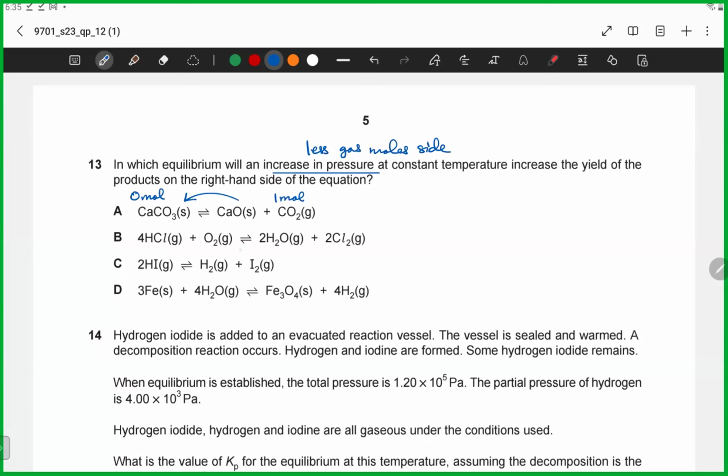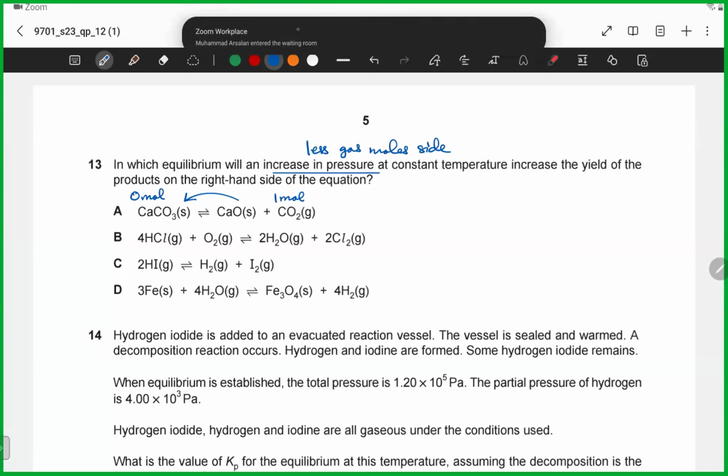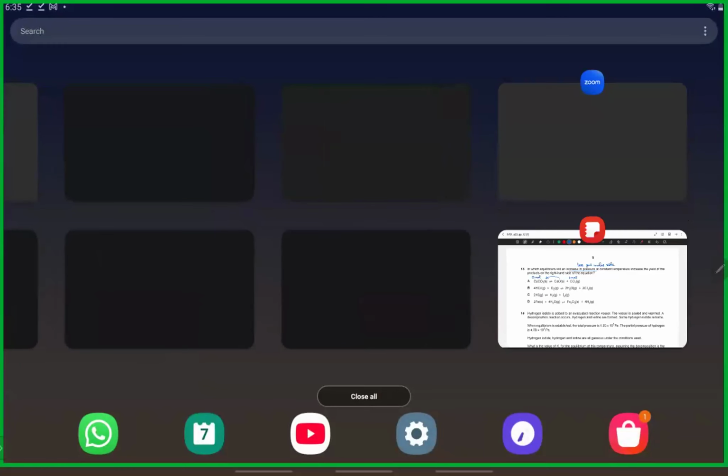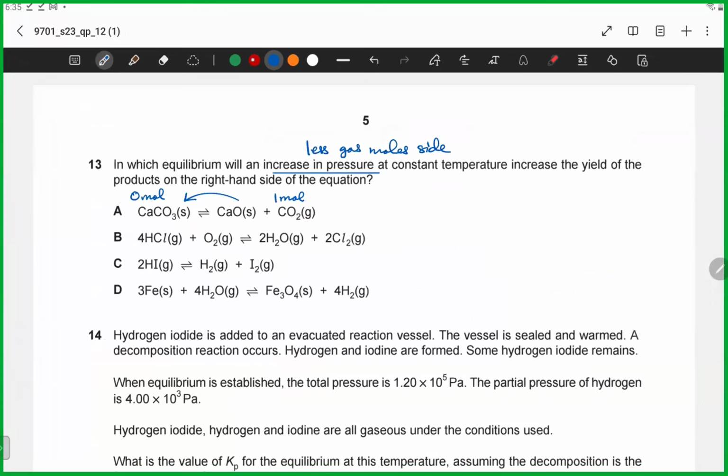अच्छा, second equilibrium में less gas किस side पे है? It's equal on both sides. नहीं, equal तो नहीं है। 5 on one side, 4 on the other side. हाँ, तो ये तो forward ठीक है, B answer पे ठीक है। 5 और 4, less gas forward है, ठीक है। इधर equal है, और last वाले में भी equal है, ठीक है।